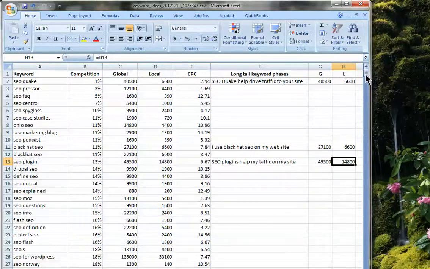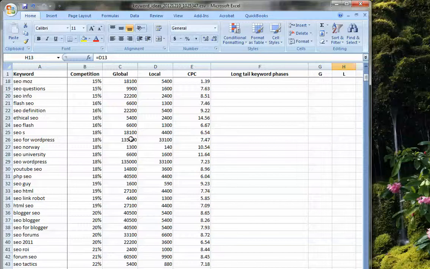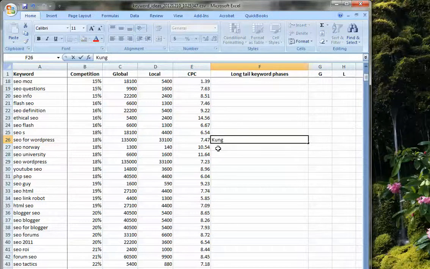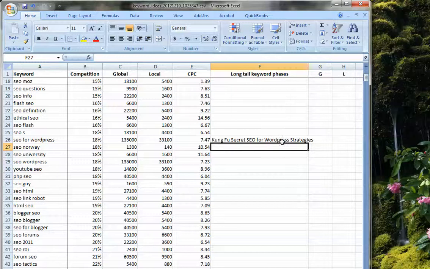So I scroll down just a little bit. Here's a real high one, and I would write a long tail keyword phrase that might say, "Kung Fu Secret SEO for WordPress strategies." And how many searches would that give me?